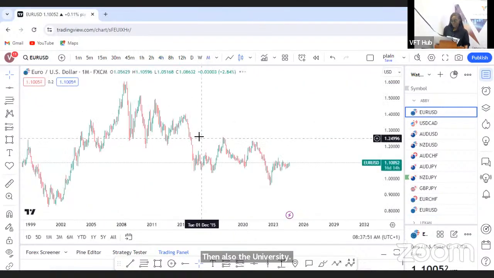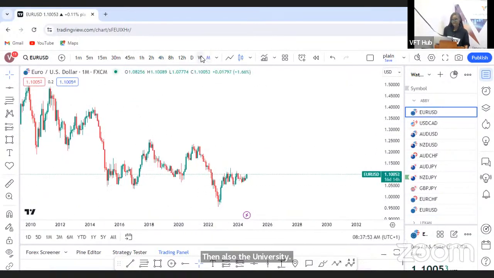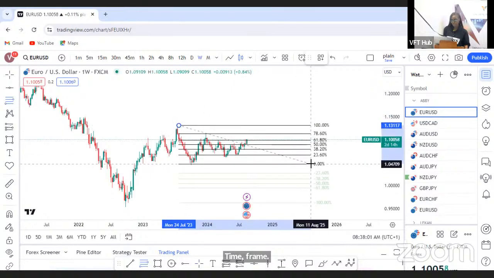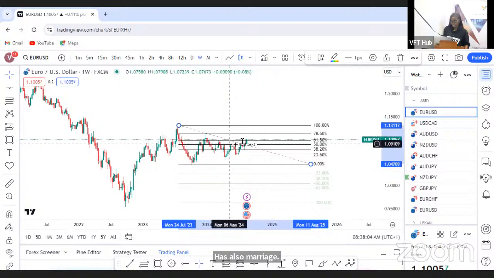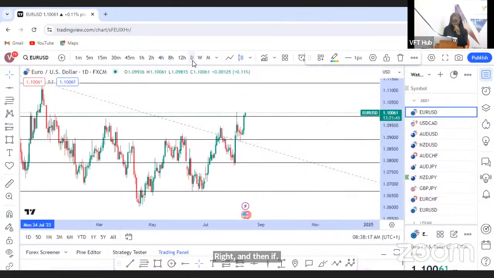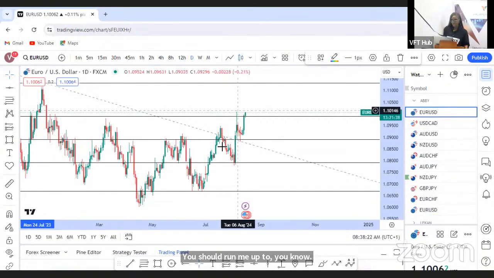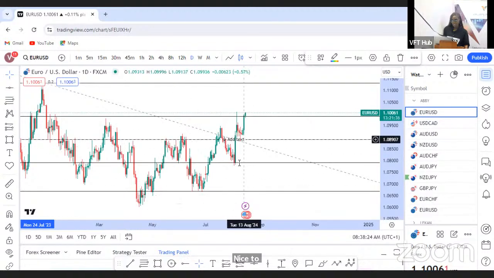On a monthly time frame, we consider price to the downside. On the policy time frame too, price is also bearish, right? And then we can see that price is presently mounting up to the 78.6% level. Once price gets to the 78.6% level and holds, we should be running to slam USD through the downside. And for the daily time frame, we can see the structure is still to the upside, right? And for the four-hour time frame too.